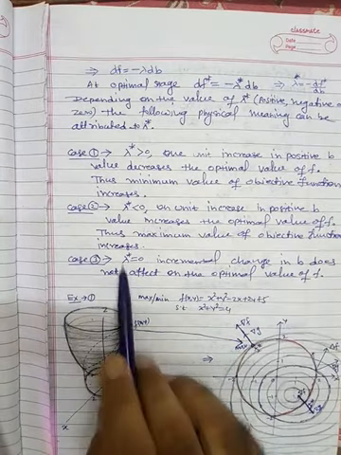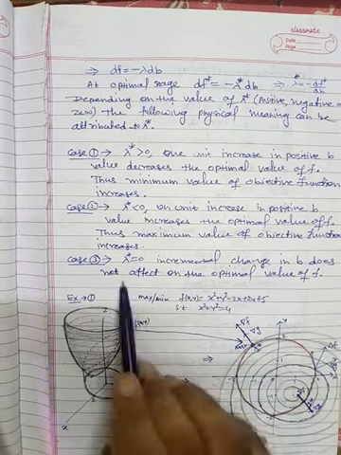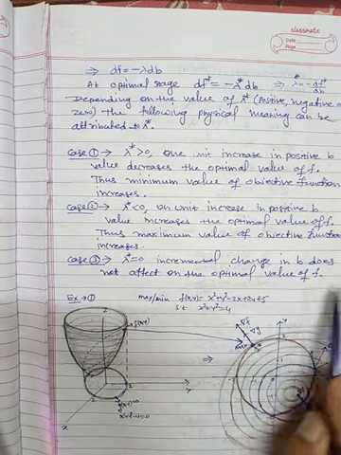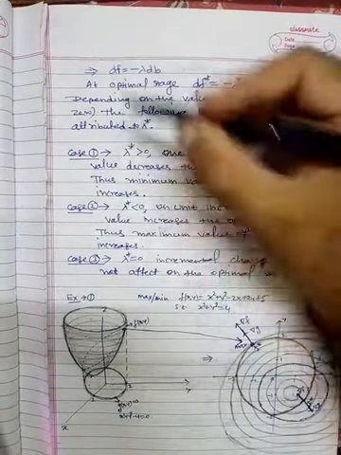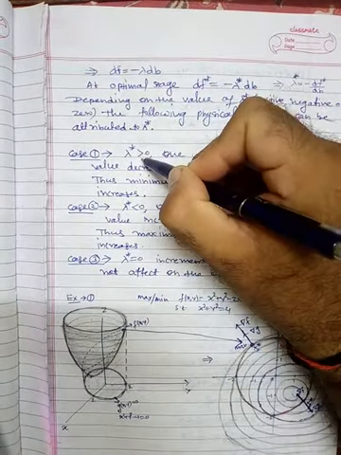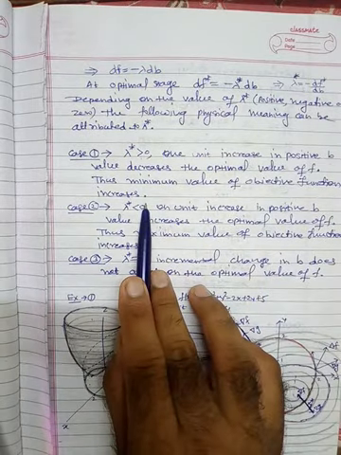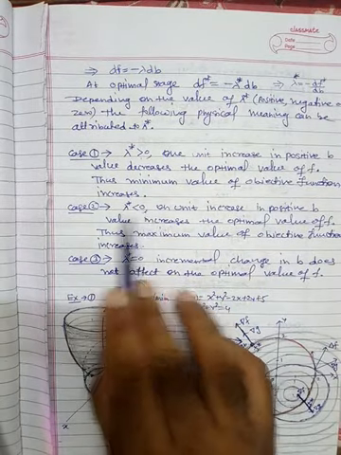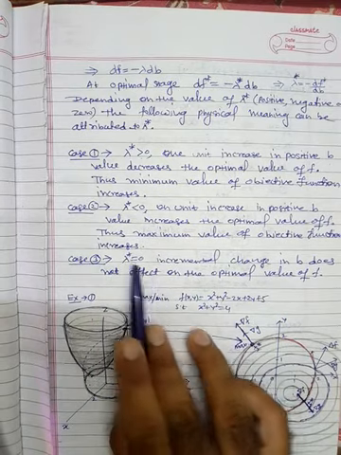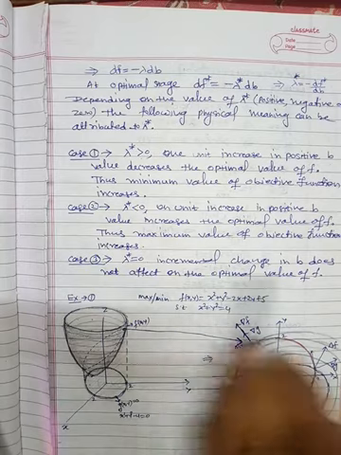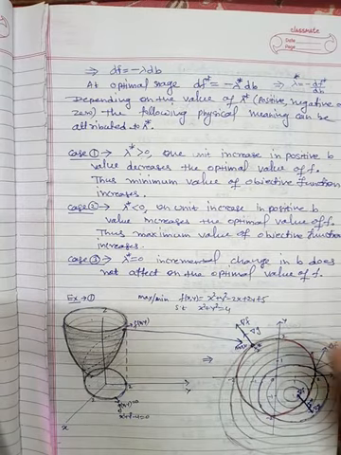Case 3, when lambda star is 0, that means incremental change in b does not affect the optimal value of f. यानी कोई इफेक्ट नहीं पड़ने वाला. So this is the meaning, geometrical meaning is that जब भी lambda star पॉजिटिव होगा यानी कि मिनिमम वैल्यू आपकी बढ़ती चली जाएगी. जब भी lambda star निगेटिव होगा मैक्सिमम वैल्यू आपकी बढ़ती चली जाएगी. और जब lambda star 0 होगा तब कोई चेंज नहीं होगा, no effect on the optimum solution. So this is the conclusion.